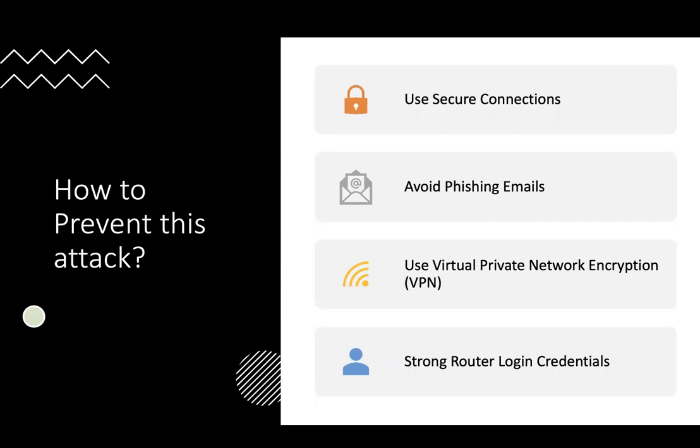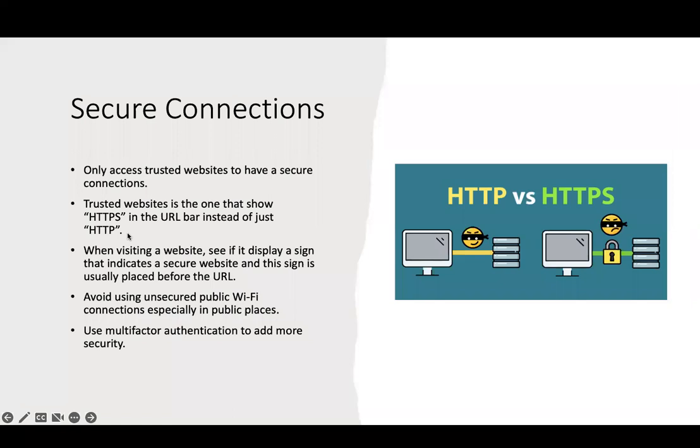Avoid insecure HTTP connections and always use secure connections. Avoid phishing emails, use a VPN, and use strong router login credentials so that the attacker wouldn't be able to guess them easily. So first is